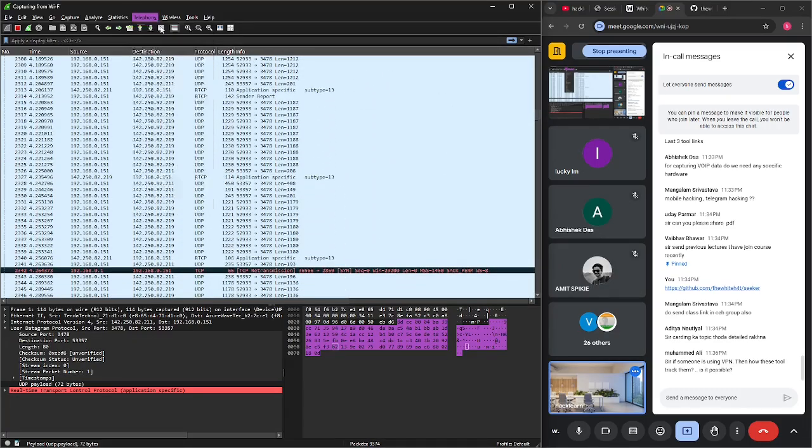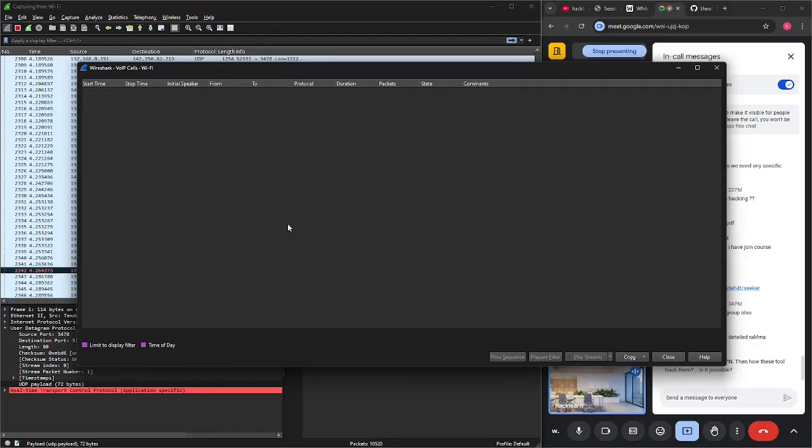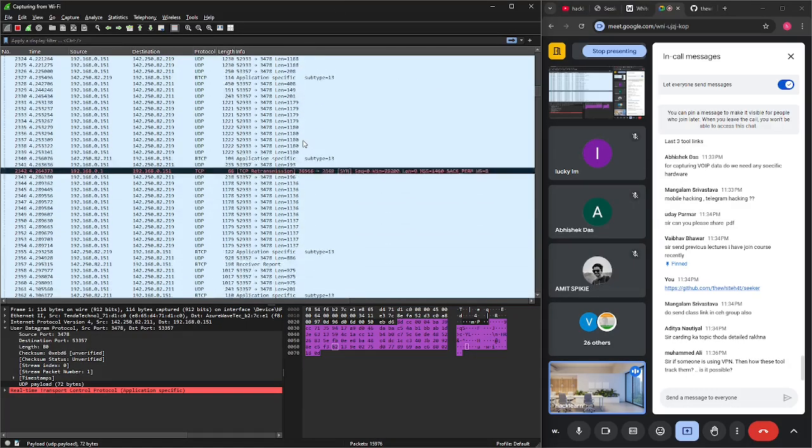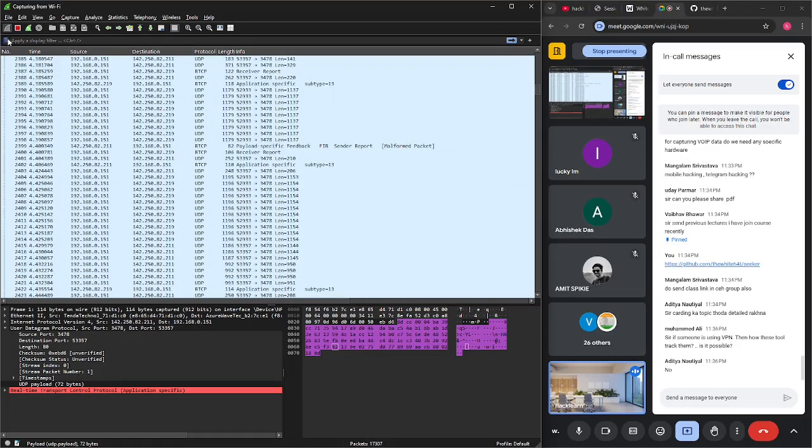In telephony, there is voice calling. If any voice calling is going over your network, you can also capture it from here. Right now, there are no calls on my network, that's why I'm not getting any. So that's how you use it to capture any network you can try. You can also put a few filters.